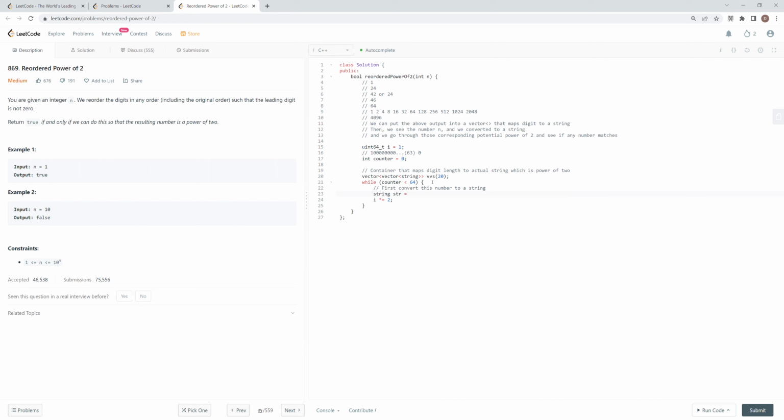I mean, wait, actually, to_string. I think C++ is not object oriented for this number, so I should be doing this to_string. Actually, I also need counter plus plus. Oh, I can write a for loop here. That's stupid. Okay, anyway,